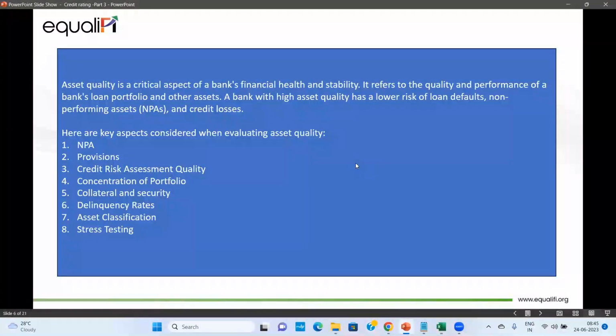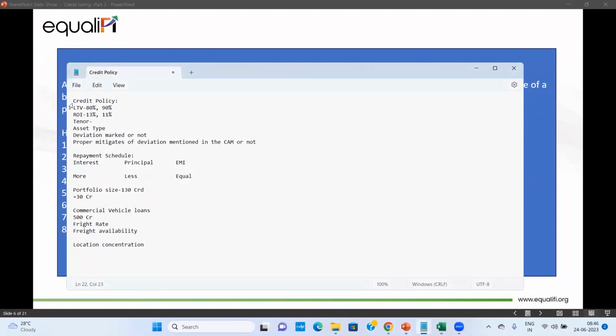So that's why collateral and security becomes extremely important. Next is delinquency rate. So you all know that when we talk about delinquency rate, we say multiple things. A trend of delinquency. So when I call it a trend of delinquency, that means